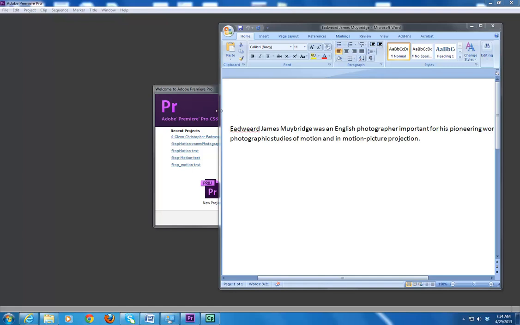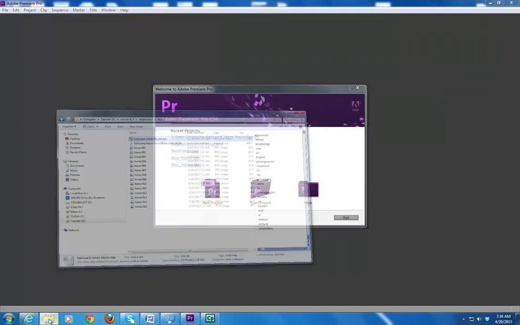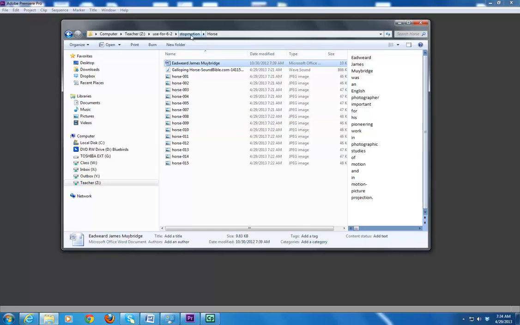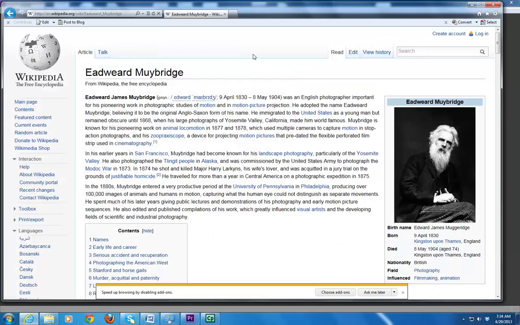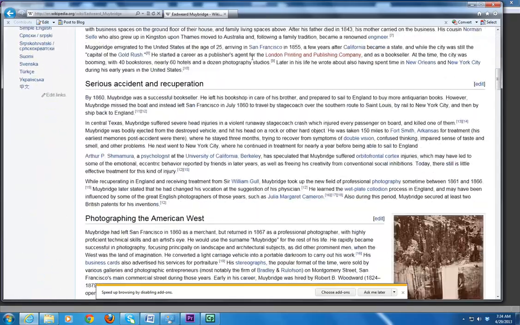And so here's a little bit of information that you can use for your project, and all this will be found inside the stop motion folder, and there's another folder called horse, and we have all the things that you need, a little sound clip of a horse galloping and some of his photographies of a horse in different stages of motion. Here is Eadweard's Wikipedia page, and you can go check this out and see some of the other